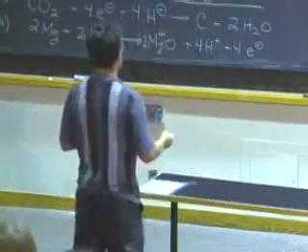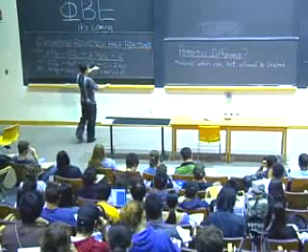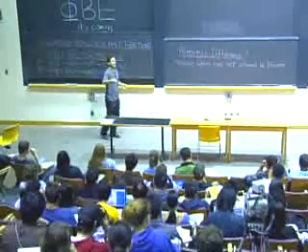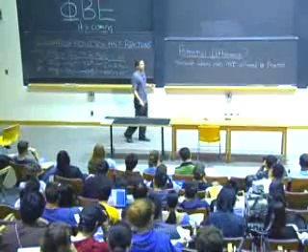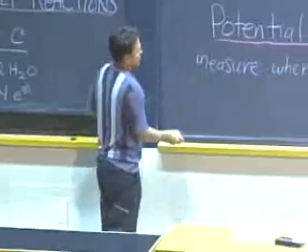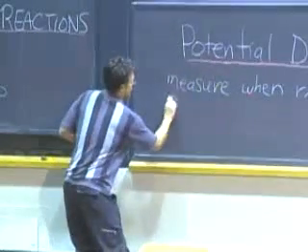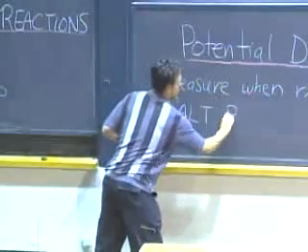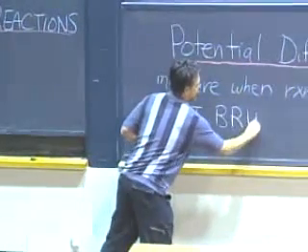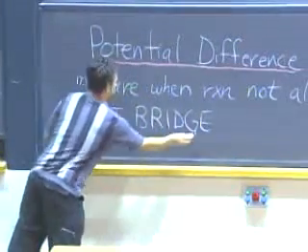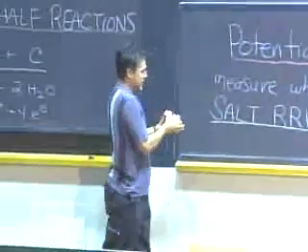So the two independent half reactions at the beginning have their own potential, the degree to which they're poised to undergo oxidation or reduction. And then how do we do this? Well, you're going to see that we can use a thing called a salt bridge. And with a salt bridge, we can